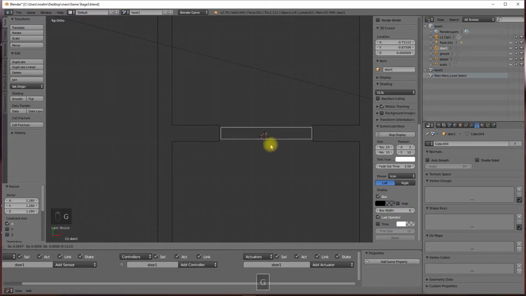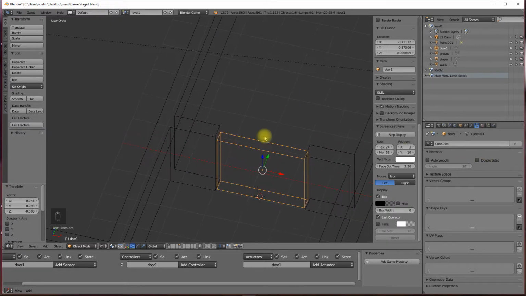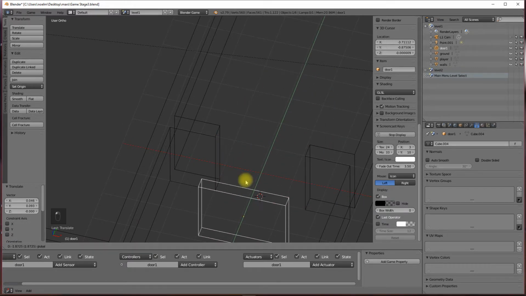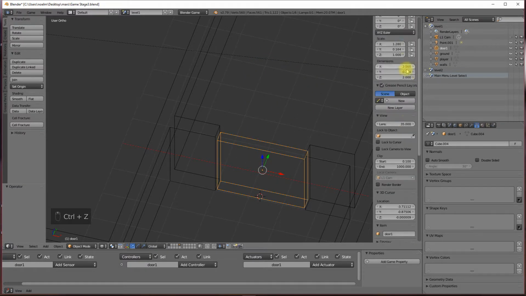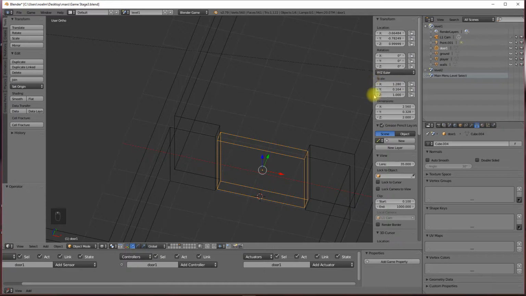Now there are 3 ways to animate in Blender. Actually, there's probably more, but there's 3 main ways to animate in Blender. The 3 main ways are a transformation, so something that moves in 3D space. So you are remembering all this information here, its scale, its rotation, its location. So that's a transformation. You can animate using deformation, which we haven't looked at at all, which is using a thing called